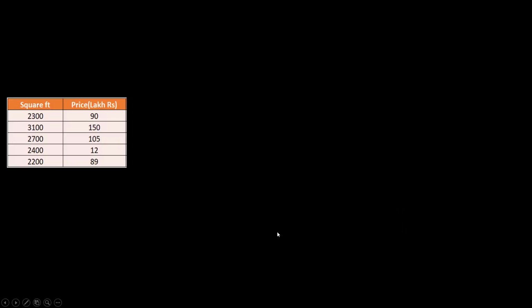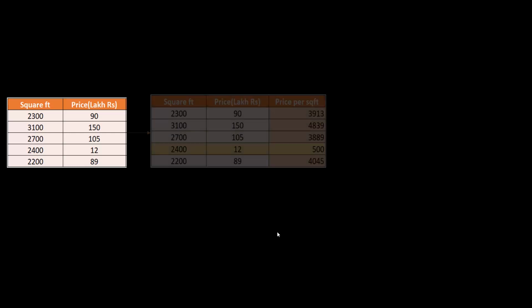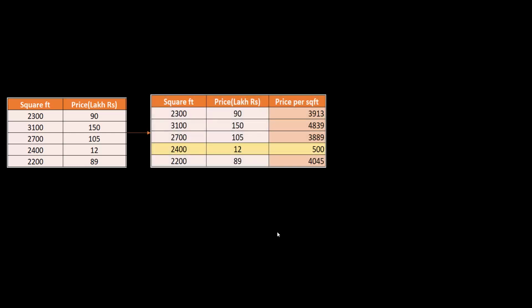Let me give you an example. Let's say you are studying home prices, and these are the home prices in the city of Bangalore in India. To do the analysis on this, one of the things you can do is create a new column which will be price per square feet, just to get a feel for your incoming data set. Now, this data set can be coming from the internet, from a variety of sources, and it can have errors. It can have problems. So by creating this new column, you're trying to analyze if you have any data errors.